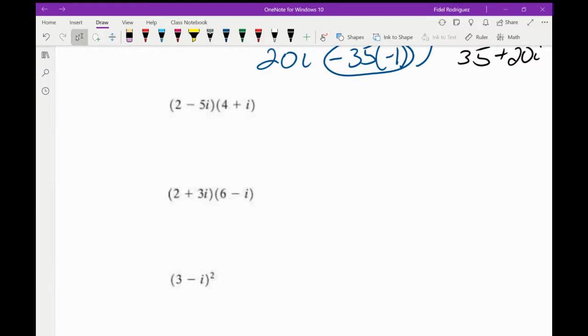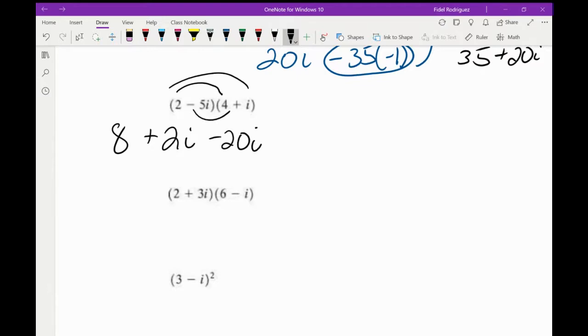So let's keep going along here. I'm going to do this next one. 2 and 4 is 8. 2 times a plus i is a plus 2i. Negative 5i and 4 is a minus 20i. And then a negative 5i and a plus i is a minus 5 and an i squared. Okay.